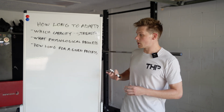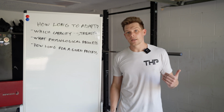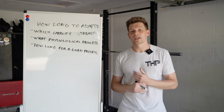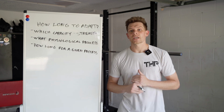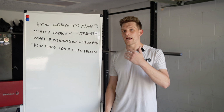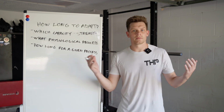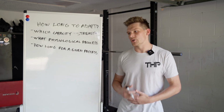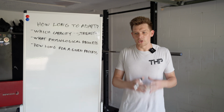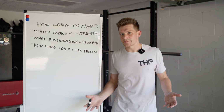In that scenario, I am typically doing a full needs analysis, which I have done numerous times, and I'm looking at those adaptation windows, and I'm deciding how long I want to keep a given exercise in. So I went through a squat, but you could do this for a number of exercises. You could do it for sprinting. You could do it for endurance running. We really only covered strength work, but you could talk about how long it takes for adaptation to happen in